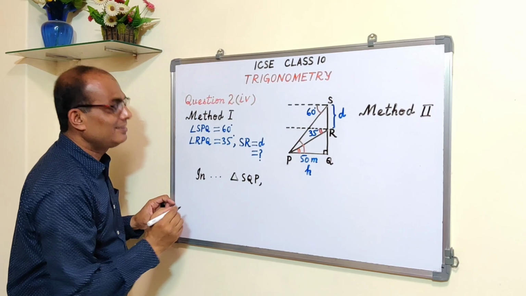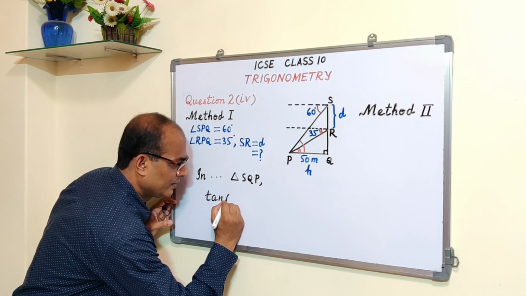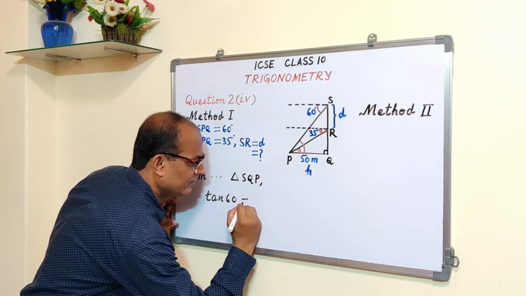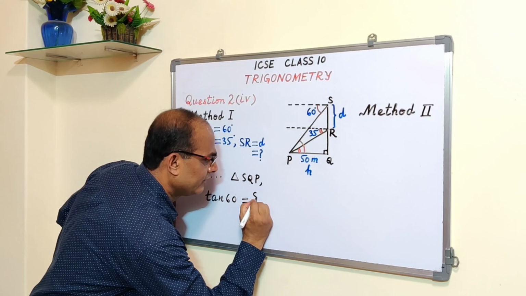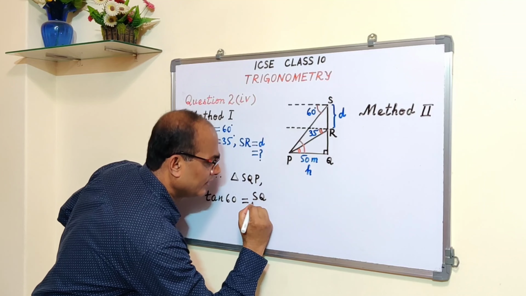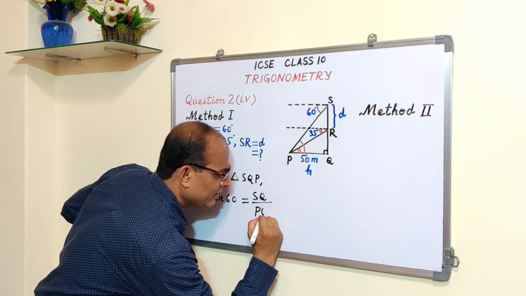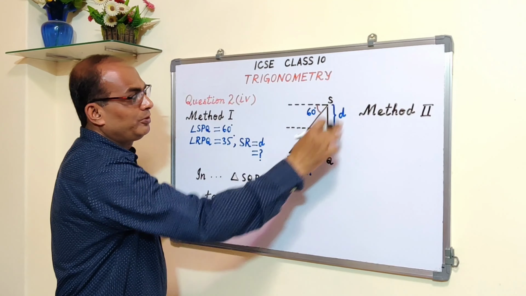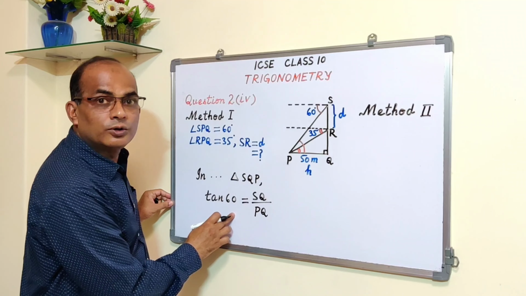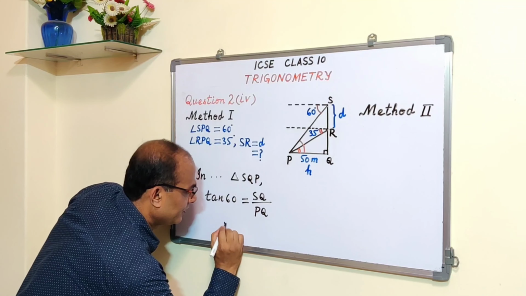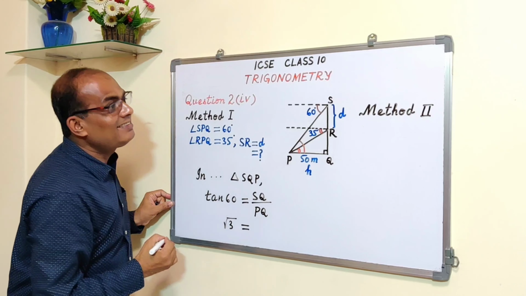So tan 60 degree is equal to SQ upon PQ, perpendicular upon base or opposite upon adjacent. Now tan 60 is root 3. So root 3 is equal to SQ upon